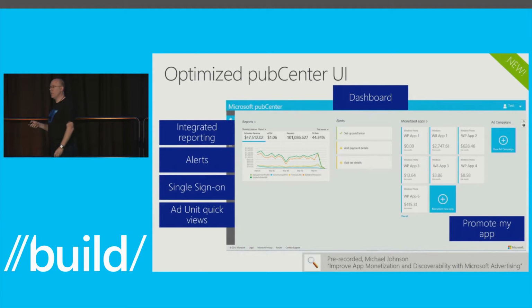In addition to that, we've received a lot of feedback about PubCenter. PubCenter is the portal that all you developers use to manage your advertising with Microsoft for Windows Phone and PC and tablet. This morning, we also released a new version of PubCenter that has a much more streamlined